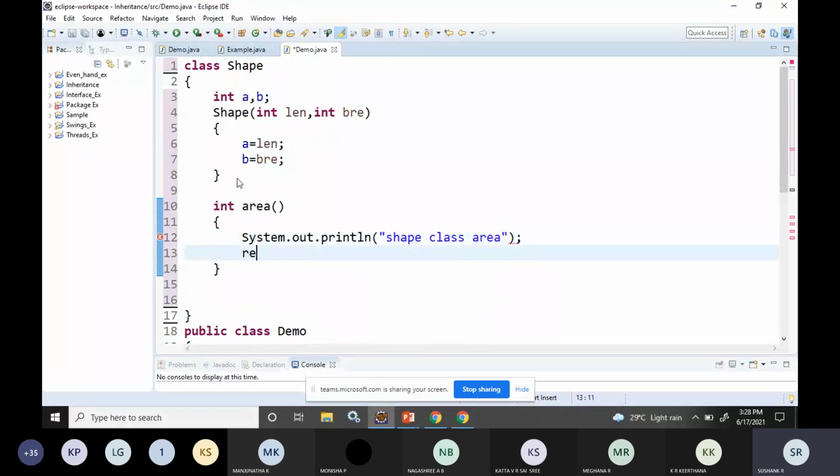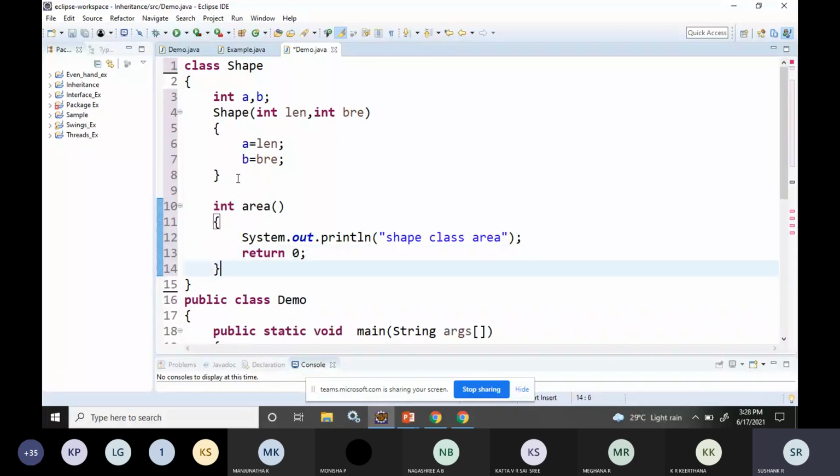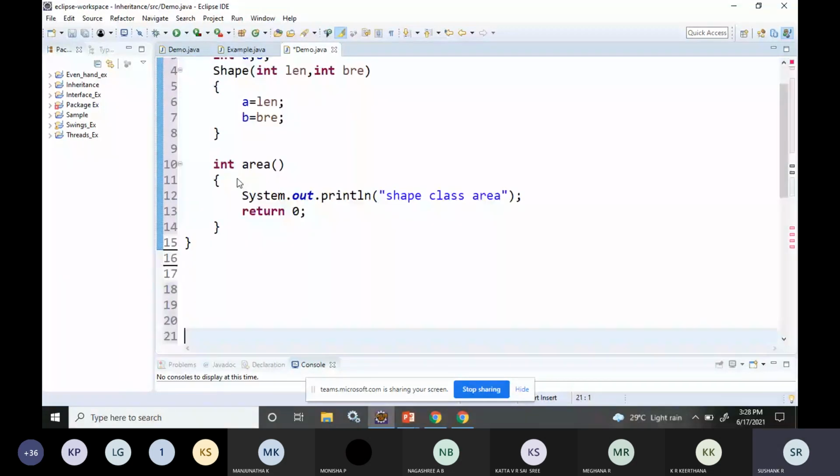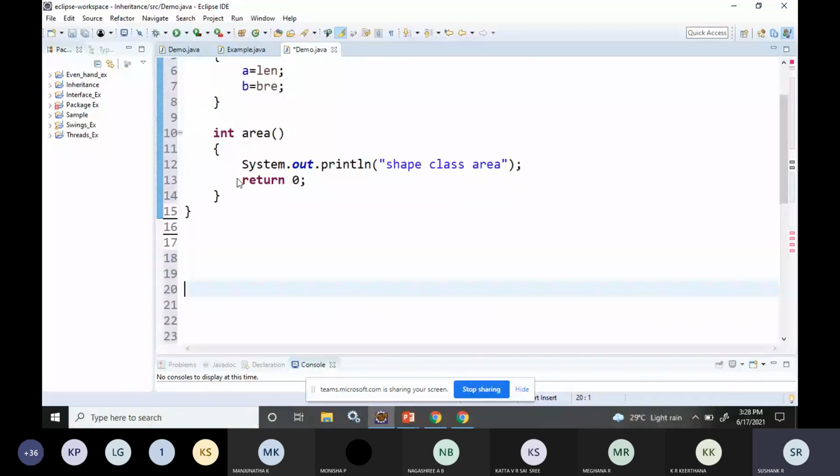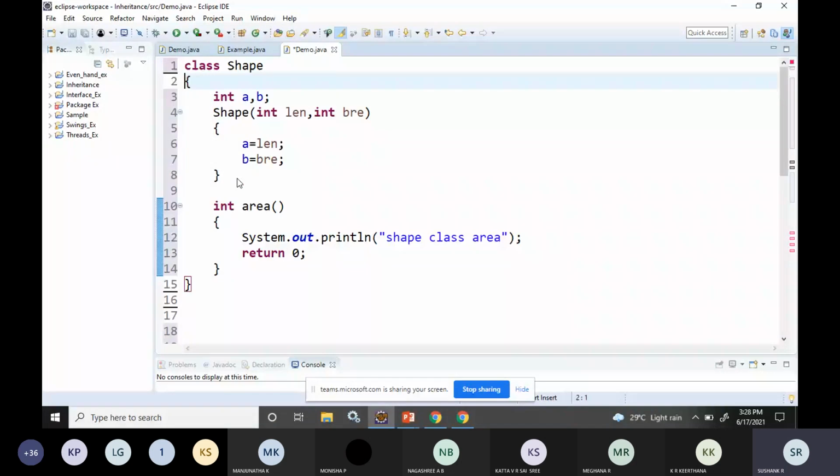Then I'll just return the value 0. So this is my general class called shape. This will be my superclass for the classes like triangle, rectangle and square.